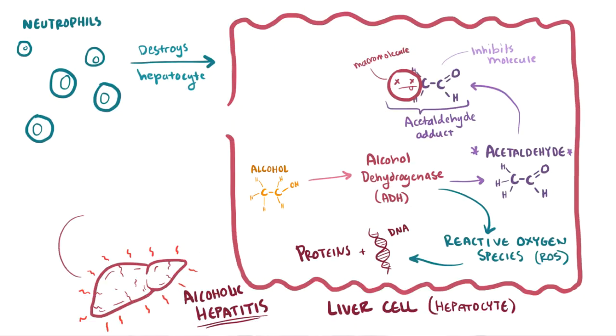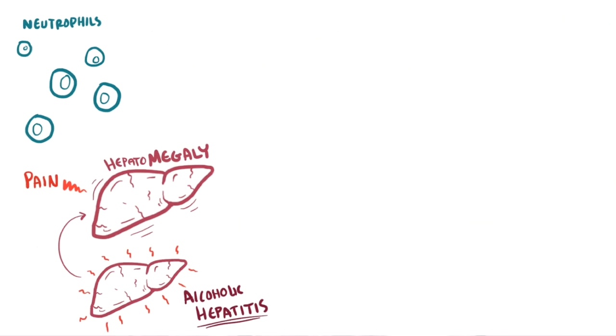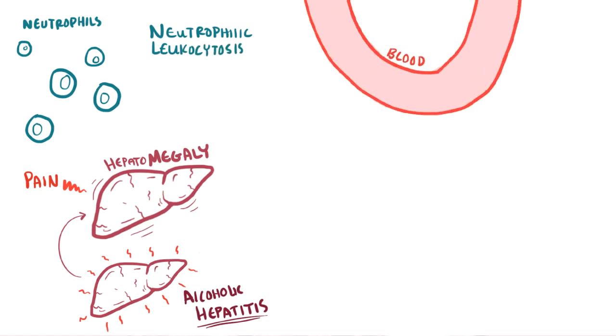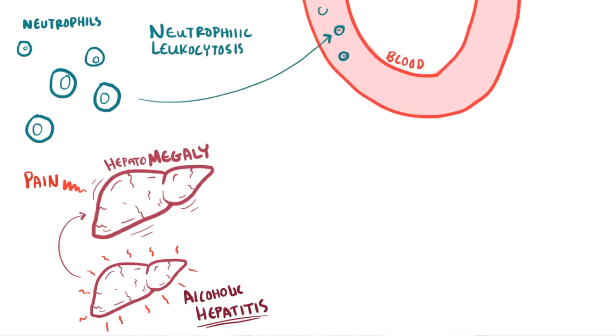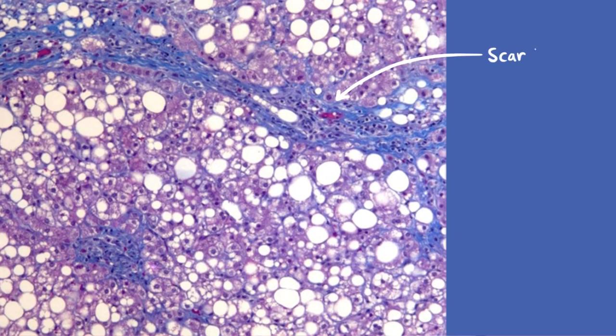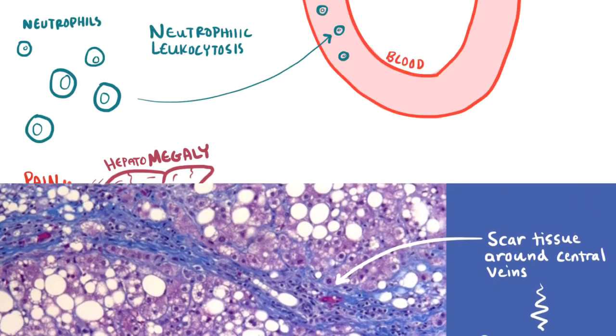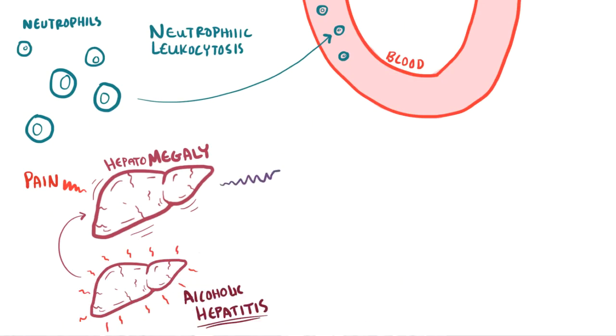At this point, the patient might have hepatomegaly that's probably become painful, since the liver is seeing more and more immune cells. They also may have neutrophilic leukocytosis, or an increased amount of neutrophils in the blood. Also, as cells become damaged and die off, scar tissue starts to form around the central veins of the liver, known as paravenular fibrosis. The damage done to hepatocytes also results in leakage of liver enzymes like alanine aminotransferase, or ALT,